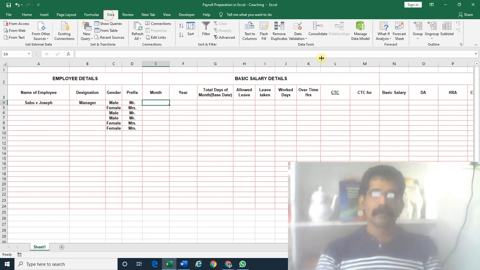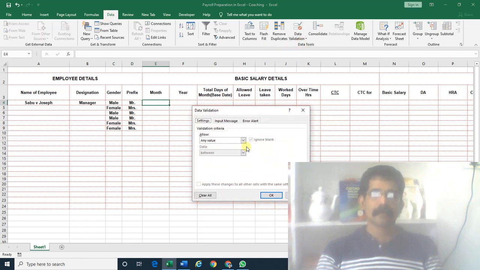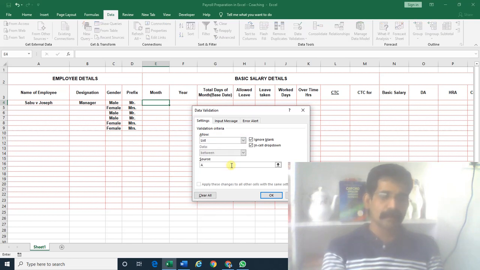Data validation, list. In this you can type January, February, March, April, May, June, July, August, September, October, November, December.